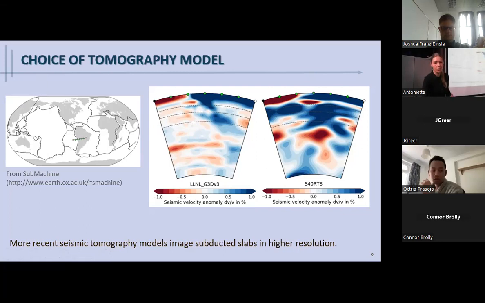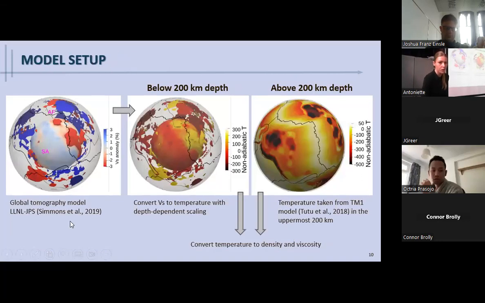And if we look at this subducted plate that's going down into the mantle, in the model on the left, we clearly see this blue cold structure going down. Whereas here on the right, we see some blue blocks, but it's not really a slab that's going down here that's connected to the plate at the surface. And so you might imagine that this would give you really different driving forces for the plates at the surface. And so what we did was we used a more recent version of this model, the global tomography model